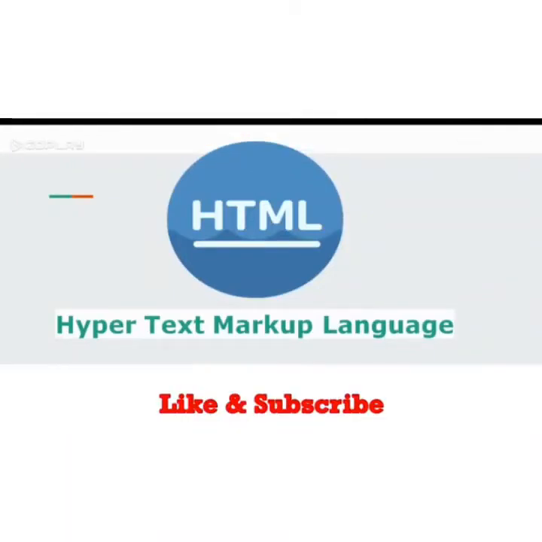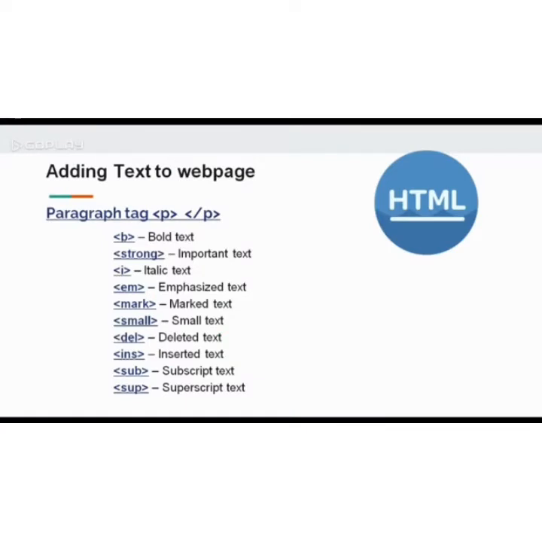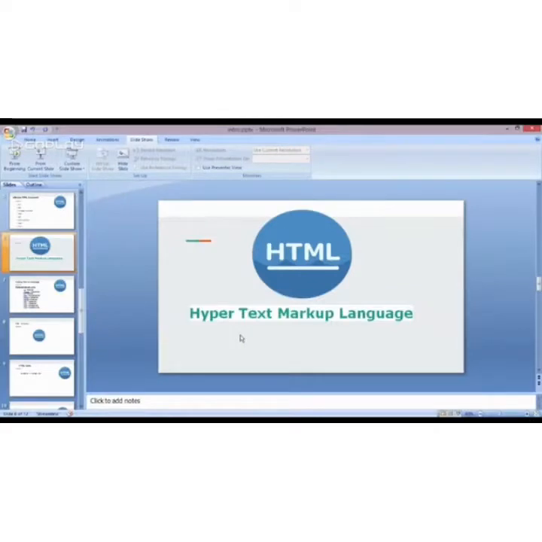In part 2 of this series, we will learn how to add text to your web page. Now adding text to our web page is simple using an element opened with the tag p, which creates a new paragraph. But when we write text in HTML, we also have a number of other elements we can use to control the text or make it appear in a certain way. As you can see on the screen, we have a number of tags which can be used to decorate our text. So let's try it out one by one.